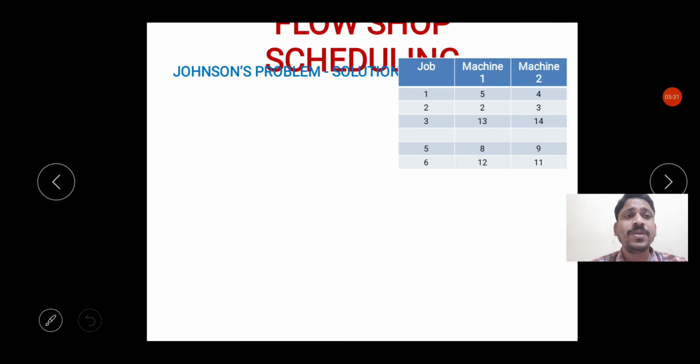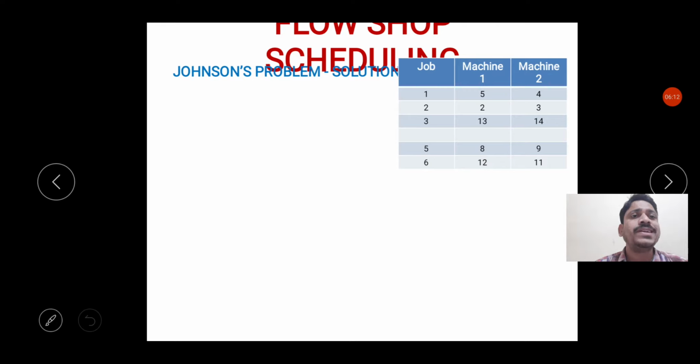So it is on machine 1. So what we have to do, if it is on the machine 2, we have placed it from the last available space. So if it is on the machine 1, we have to place it from the first available space. Clear? So the minimum time, if it is on the machine 2, you have to place the associated job from the last available space. If the minimum processing time is on the machine 1, then the concerned job is to be placed from the first available space.